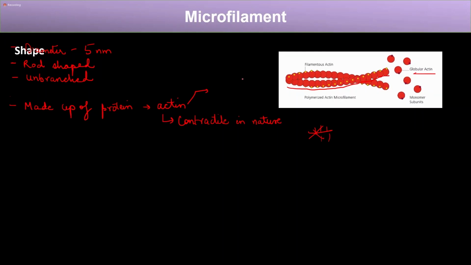Next, this actin can also be of two types, as we see in the diagram. The one is called F actin or filamentous actin. And the second type is G actin, or globular actin. So these are two types of actin of which a microfilament is made up. Now, if we talk about the function of these microfilaments,